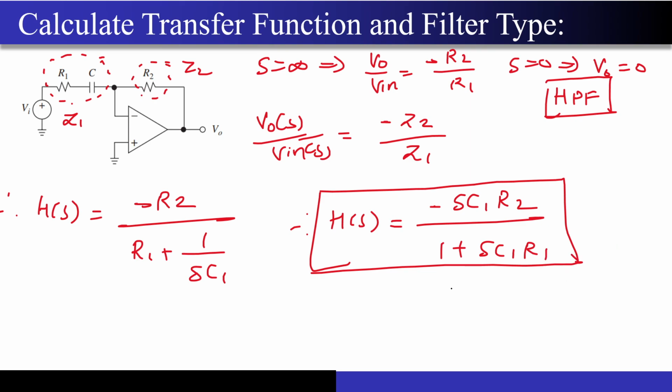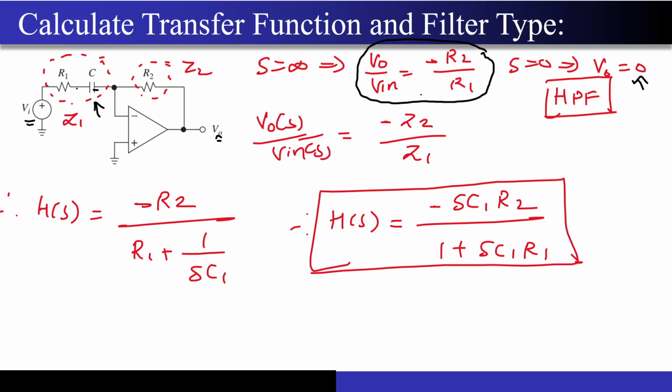Yeah. So now what happens if I put S equal to 0? If I put S equal to 0, this capacitor will act as an open circuit. There is absolutely no connection between the input voltage and the output voltage. So your Vout will be by default 0. Correct? What happens at S equal to infinity? This capacitor will be shorted, right? And what you get is nothing but the inverting amplifier, and this is what is represented over here.